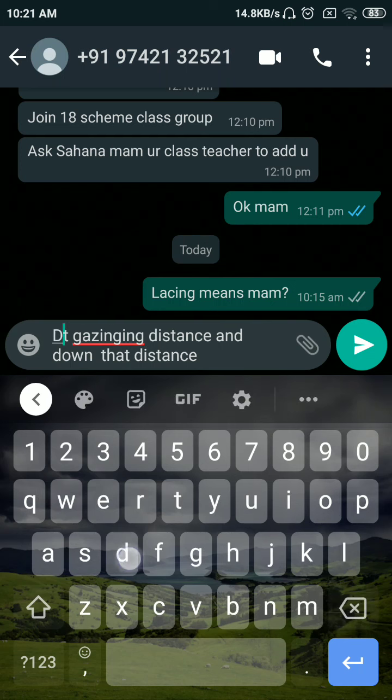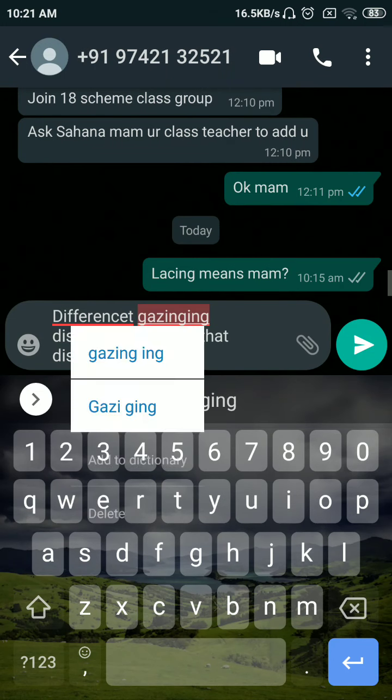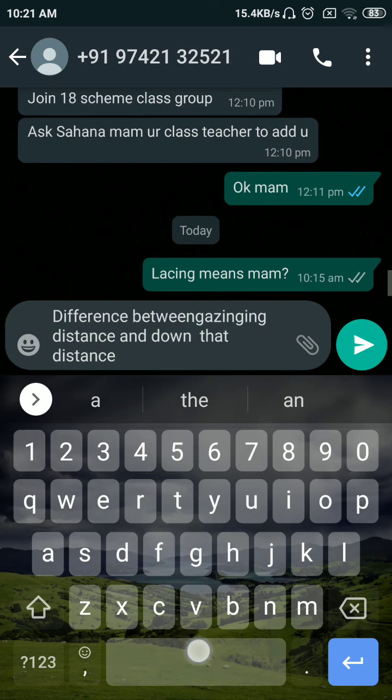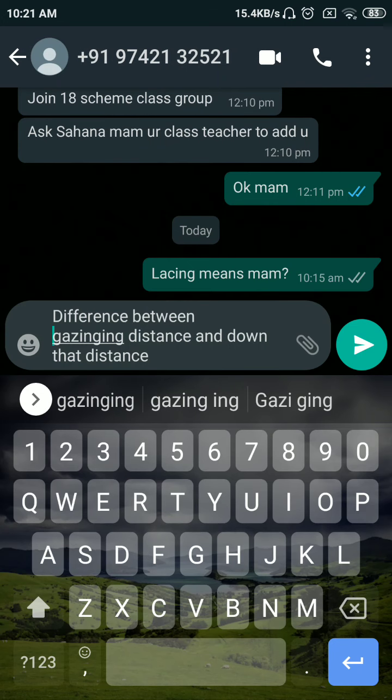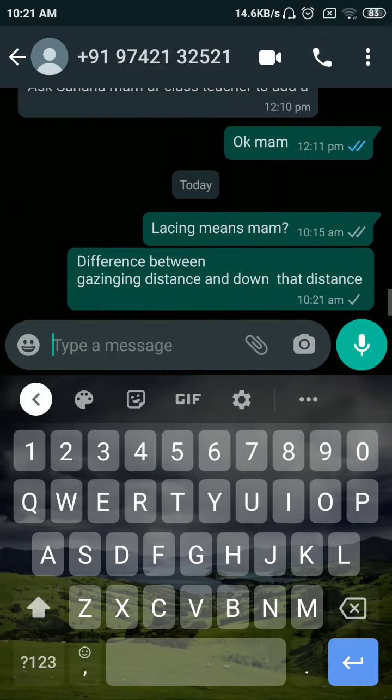Okay, so in order to find that, what can I do? I know two things. I know the angle of inclination of my lacing member, as well as the X value. Now X I have already calculated. So I know one distance value and I know one angle value. That time which formula can you use? You can use your cos theta. Okay, so your cos theta will be equal to X divided by L.